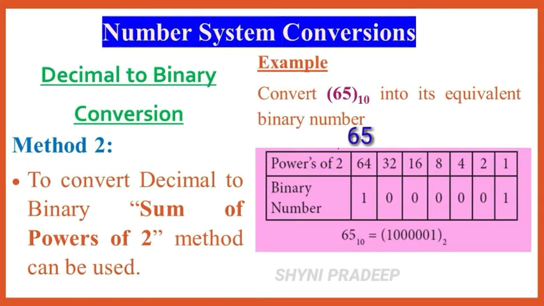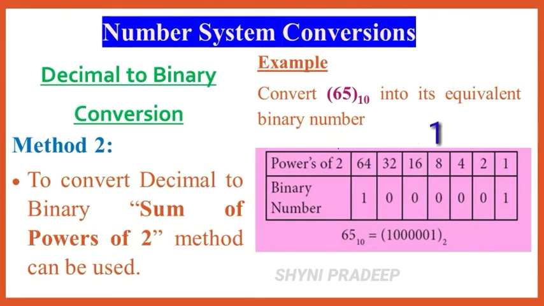And the next step is to subtract 64 from the original number, which is 65. So 65 minus 64 is equal to 1. So this is your remaining total, which means 1 is your remaining total. And next the 32 bit. Compare 32 to the remaining total 1. 32 is greater than the remaining total, so you have to set 0 for this value. And next 16. 16 is greater than the remaining total 1, so you have to set 0 for this value.